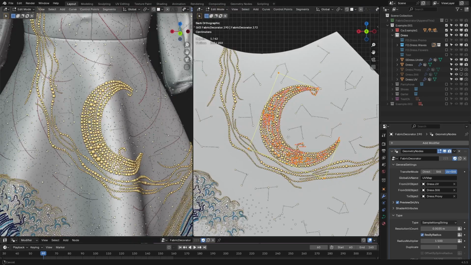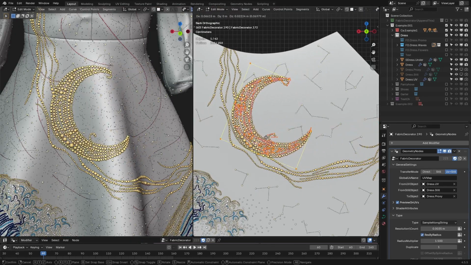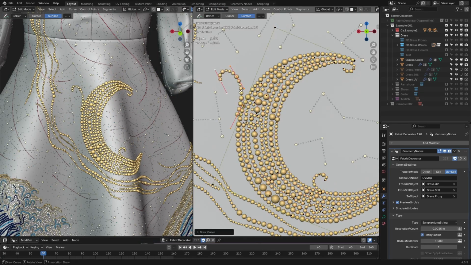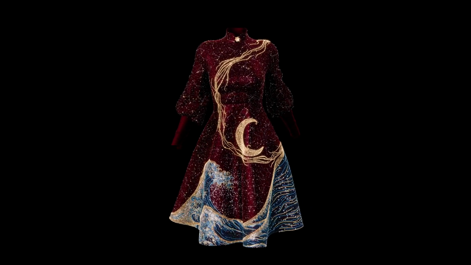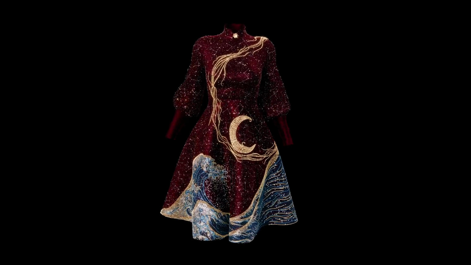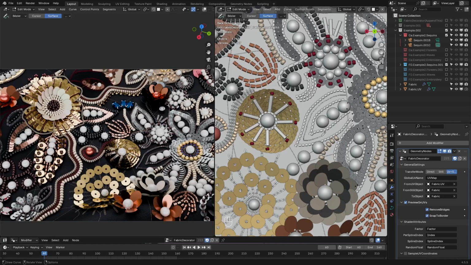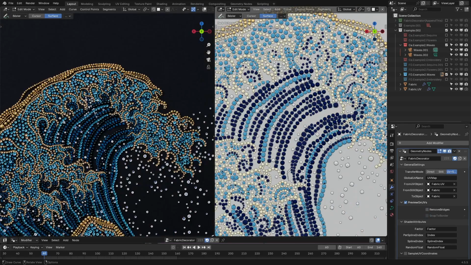Fabric Decorator is a real-time pattern transfer tool which allows you to create and generate all kinds of fabric decorations, with the added bonus of supporting animated objects. Now, with this tool, you can create and generate sequins and scales, sample any type of object along a curve,